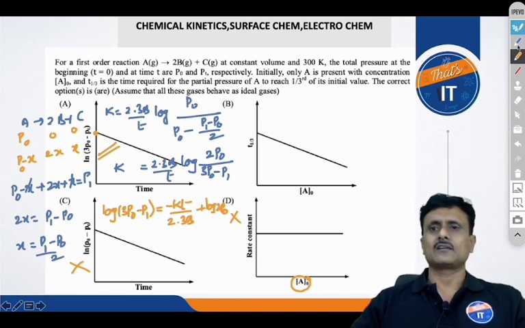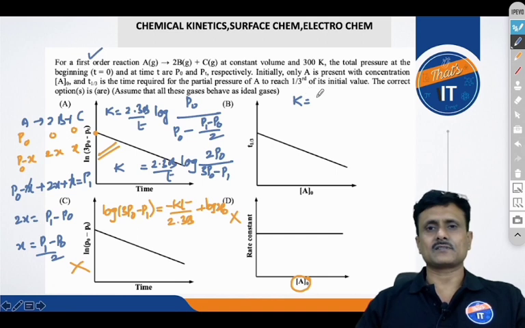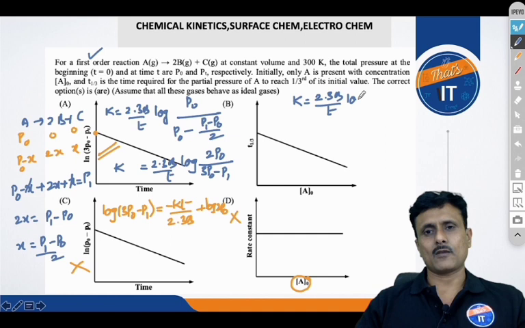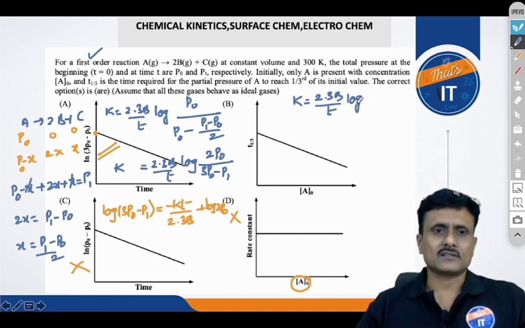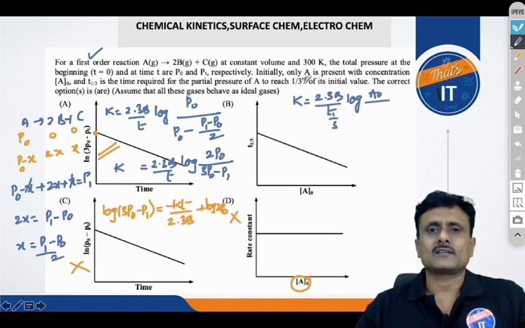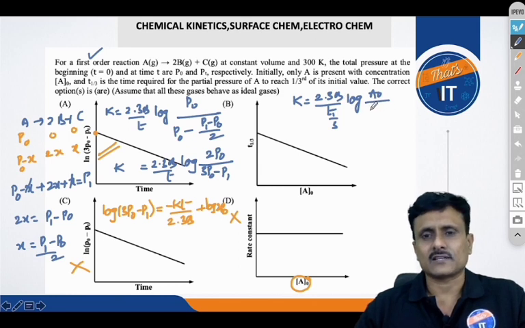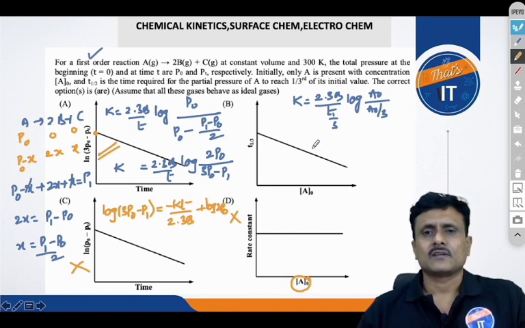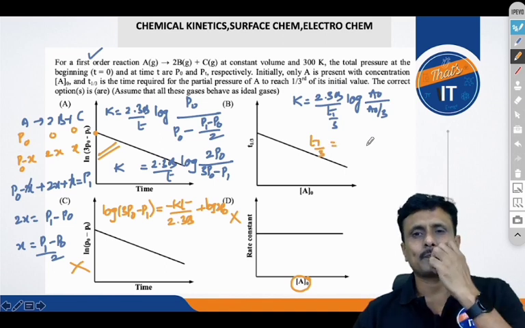Let's check this. k equal to, for a first order equation, you can see it is mentioned as first order, 2.303 by t log of initial concentration, given as A naught, and time is 1/3. So final it becomes 1/3 of its initial value, right? So that becomes what? A naught by 3. Alright. So you can see from this that T1 by 3 is equal to